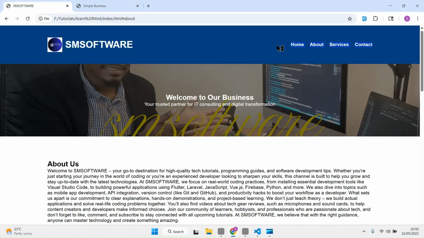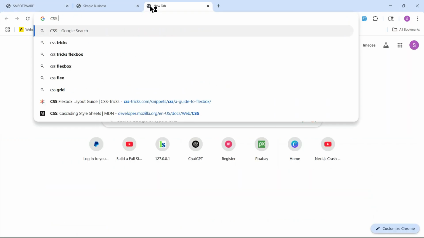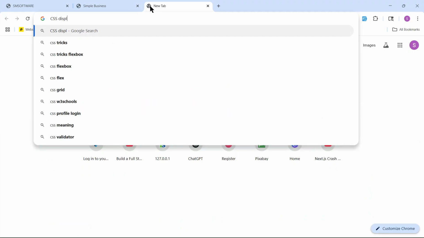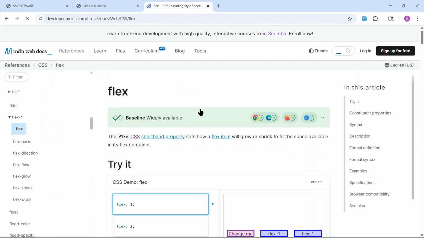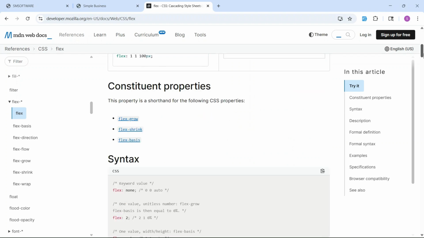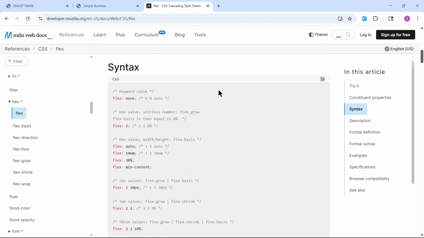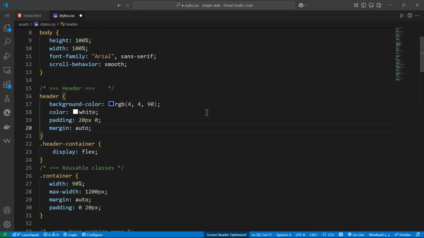If you go back to Mozilla, if you search CSS display flex, Mozilla you can get much details there. So flex, here you can go and read much about this. Here is where you can actually learn much about display flex, so that we don't have to spend much time explaining everything. You can also get time to learn about some stuff. So we want to do display flex,